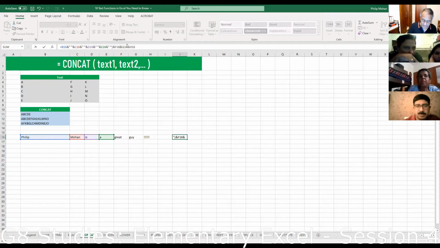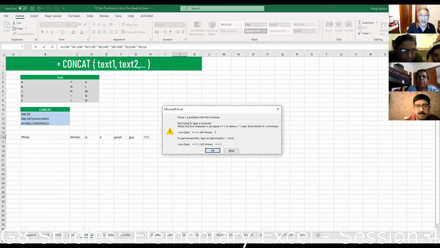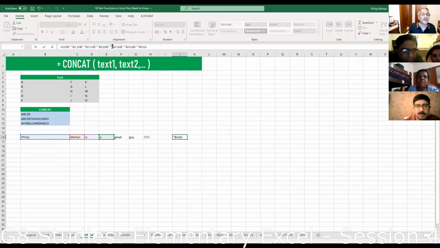So many of them. Ampersand, space. Only one more, as a matter of fact. What I've done is inserted spaces between each of the things that I'm bringing together. Oh, wait. You have a bracket there. I got a bracket.